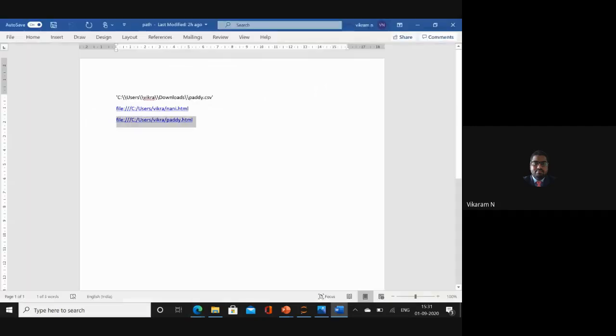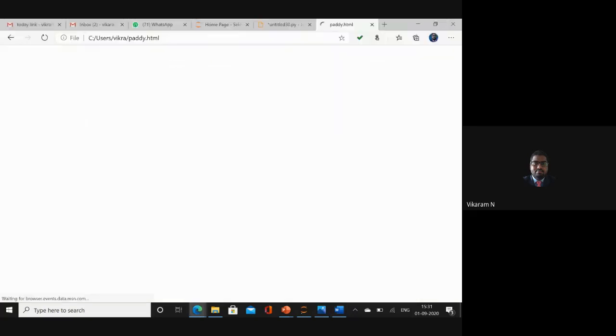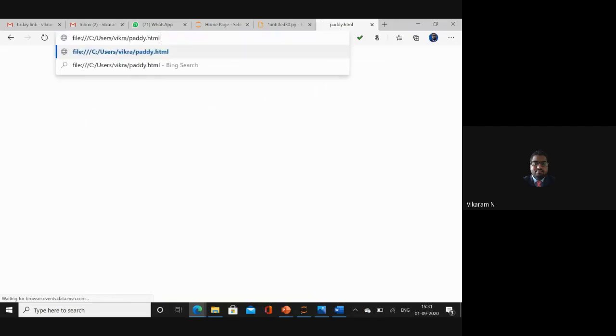This is the path of that data set. I just copied it here. You copy the path and paste it in the website, and you will be able to see it.